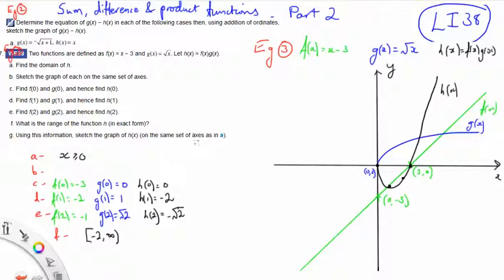I've written low priority on a unit schedule. The chances are a product function has never been on a non-calculator exam, so I wouldn't worry about it too much. Make sure you have a rough idea. Make sure you understand that the x-intercepts here, so the 0, 0 and 3, 0, are